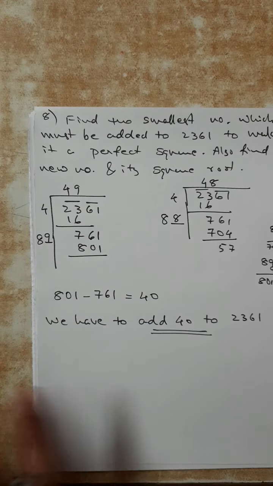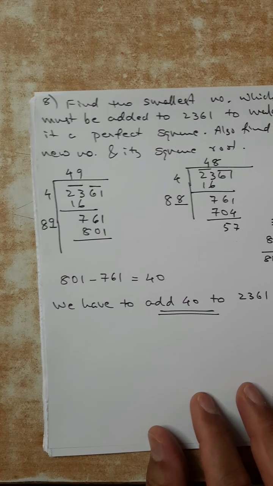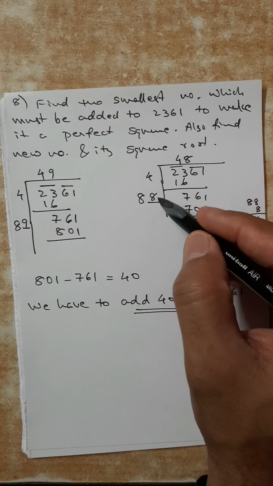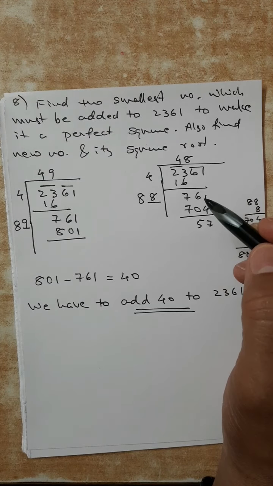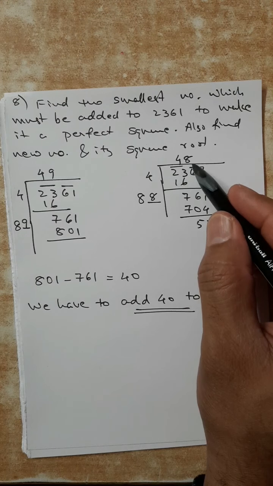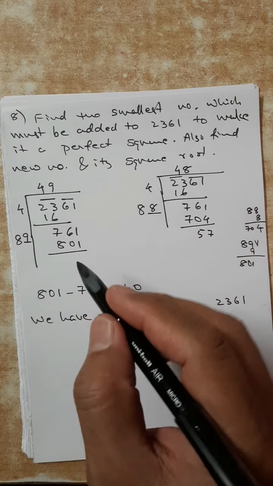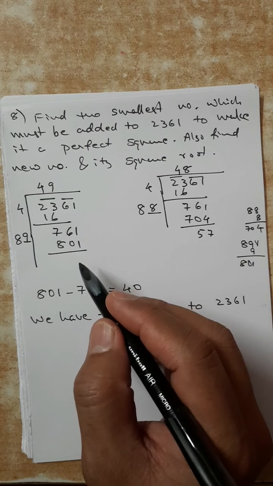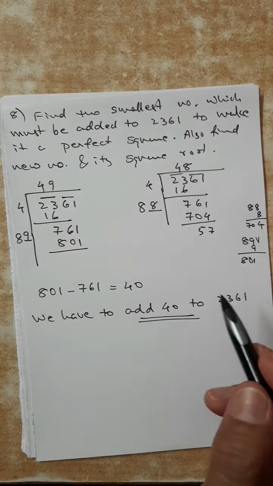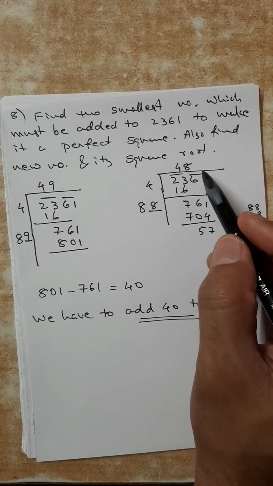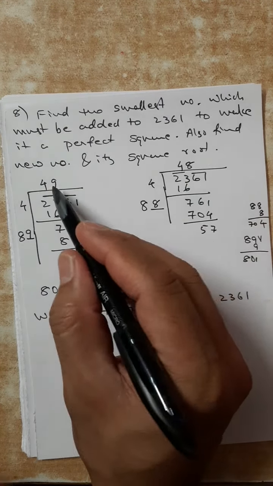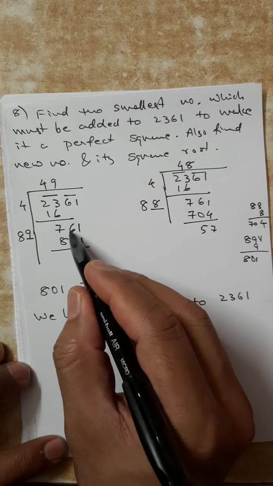Yeah, something like this. Instead of taking the correct number 8, I am taking the wrong number, that is the next number. Wrong number in the sense not any number, the next number is taken. Instead of 8, 9 is taken because I am going to give something to make it perfect with the next number. 48 is surely there. So I am going to give something to make it 49. So what am I going to give? That I will decide like this using this technique.